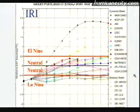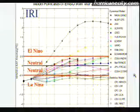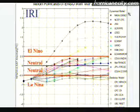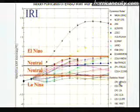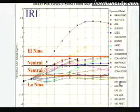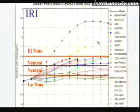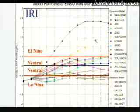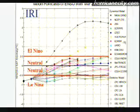All right, this is the El Nino forecast from the ENSO forecast, and these are all the models shown here, and this is from March of 2009. This is a very interesting graphic. This is the March forecast from 2009, showing what it would be in October, November, December, showing the El Nino would be about 1.5 degrees above